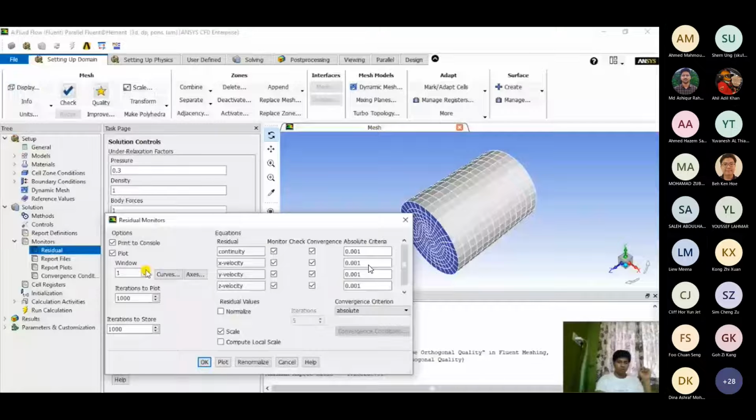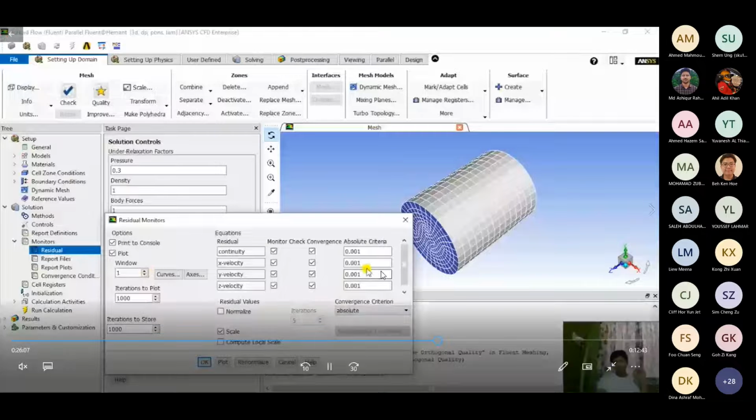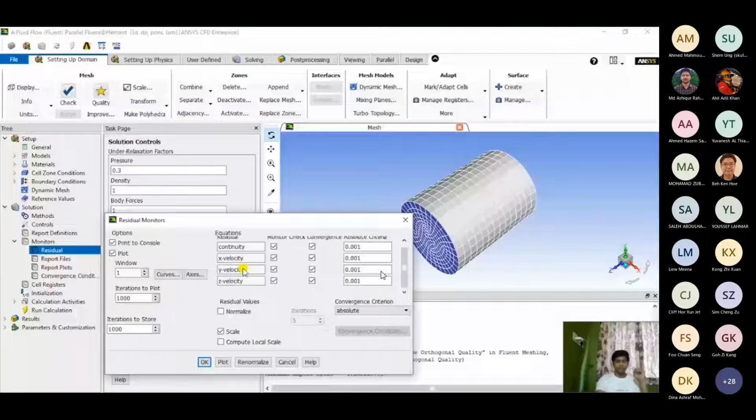Still, it depends on what physics and exact conditions you have manually applied. You have to check those as well, because it will say here that it's converged, but in reality it might not be the case, because you have applied a different set of conditions.